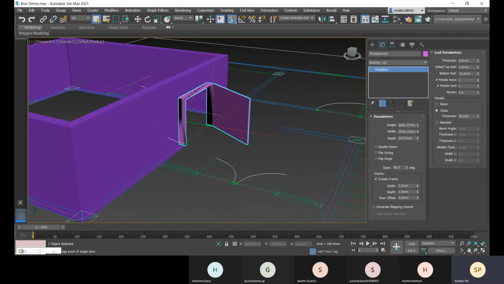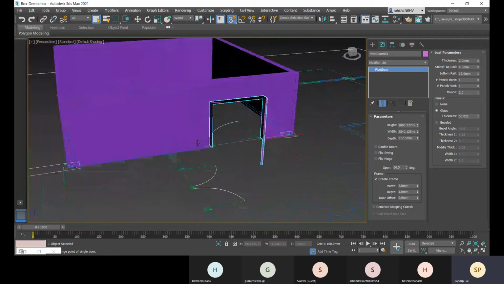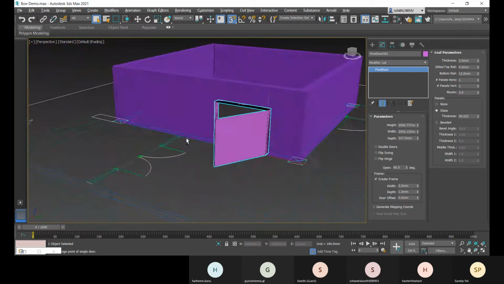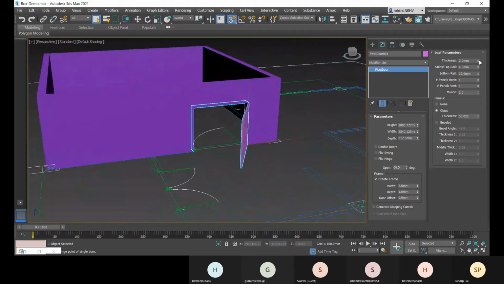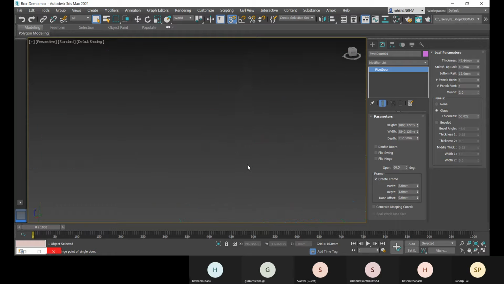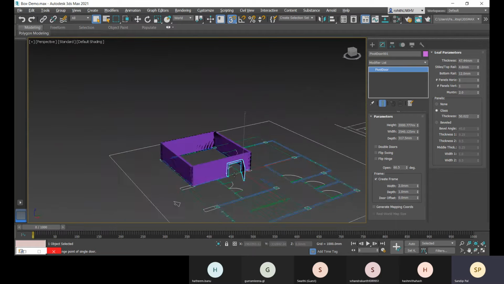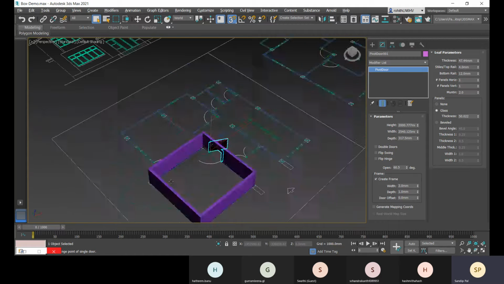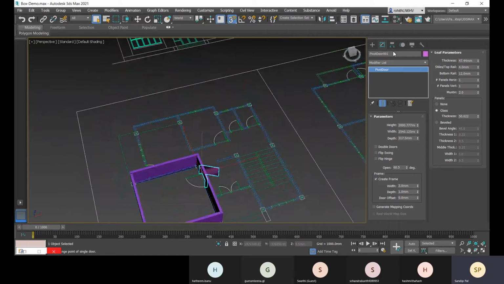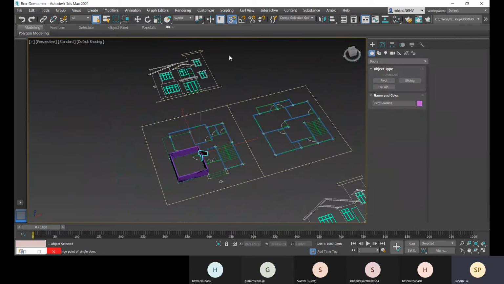All right. So everything you can do the changes. So for this also, let me change the thickness to. All right. So this is how we will be placing the wall and doors and windows. We'll be creating it. So this is very simple.